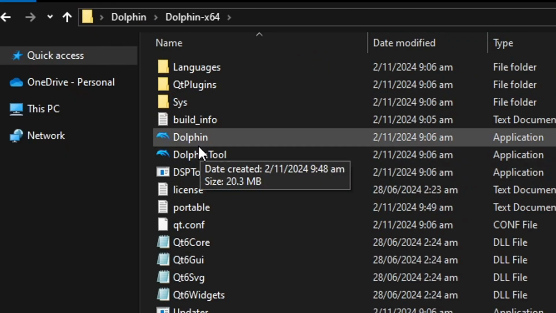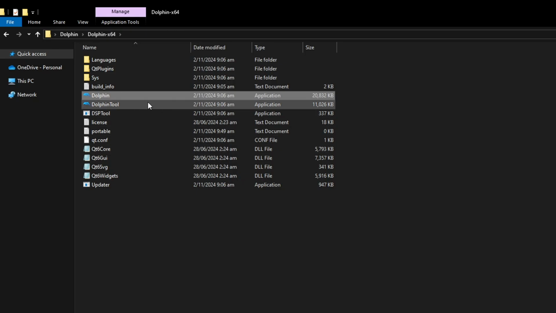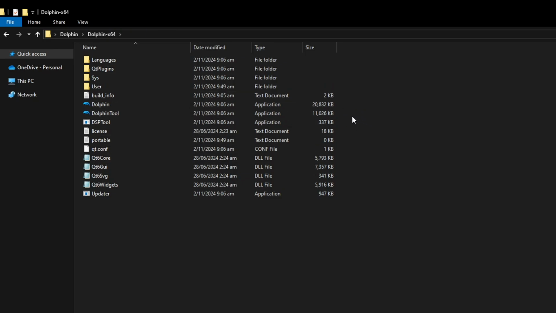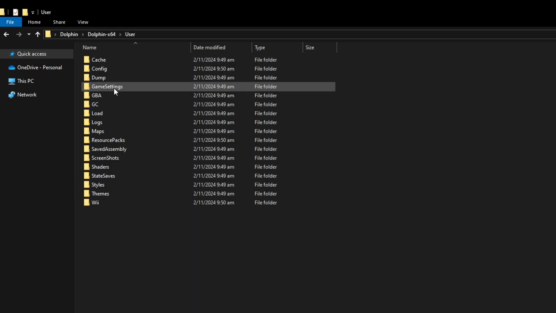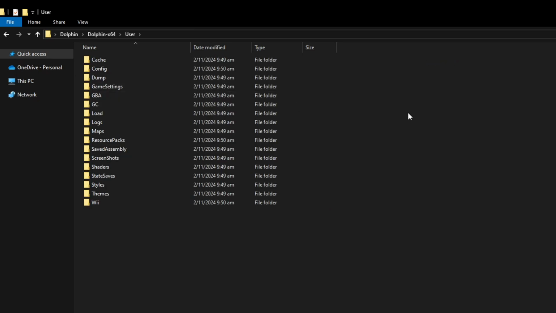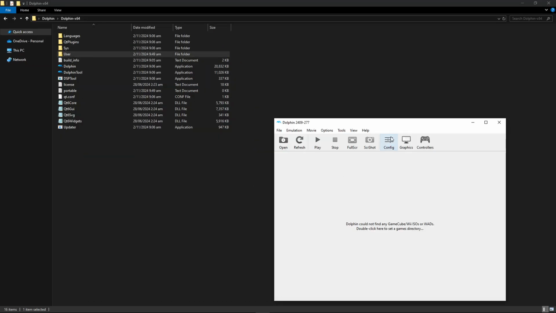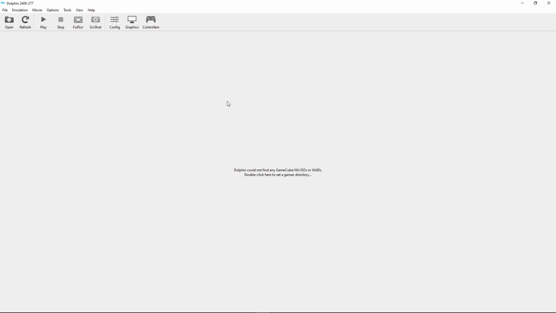And now we can start the actual emulator. Double click on this Dolphin application to bring up the emulator. By doing so, it will create this user folder, and inside you're gonna see the folders and the files for this emulator all in one place so that you can move this folder later if you feel like it. Also, if you want to install mods or plugins later, they're all gonna be in the same place. And of course, the emulator itself will be here. And that's when we're gonna start configuring this thing.